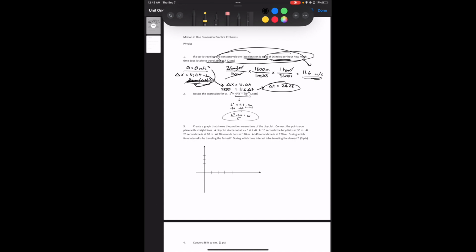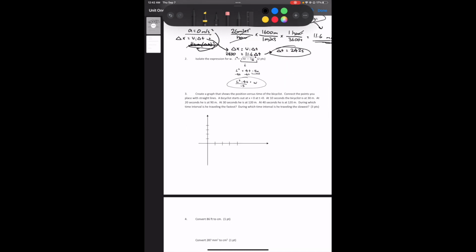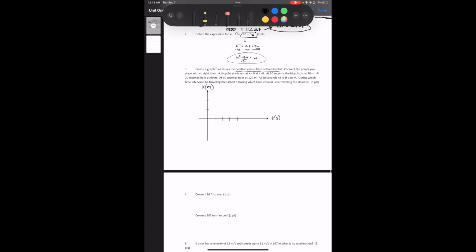Question 3 asks us to graph a situation in which a cyclist travels for 40 seconds and moves around on his bicycle. So we're going to be plotting a position versus time graph. In this case, the independent variable will be time, which is measured in seconds on the x-axis, and on the y-axis we'll have our dependent variable, which is the position in meters. So now if we read our statement here,